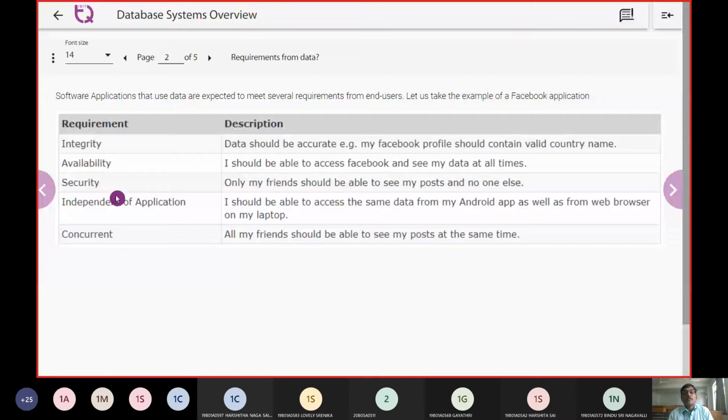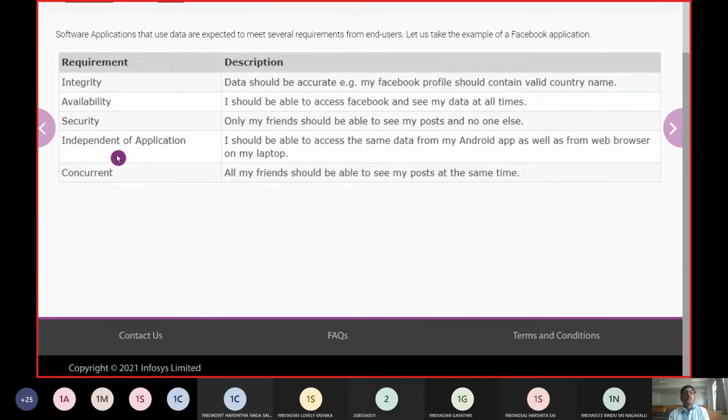So as far as data is taken up, now there are several ways of looking it into the content. The very first word will be the integrity. So at any point of time, the data should be the same. So at one point of time it is at one model, and another point of time another model. It shouldn't be like that. Data should be accurate always, right?